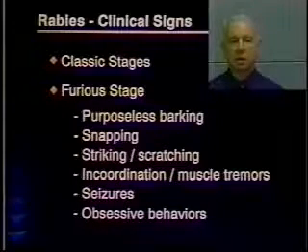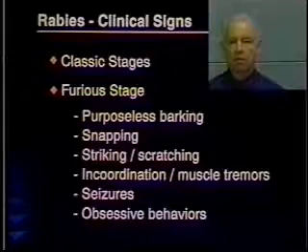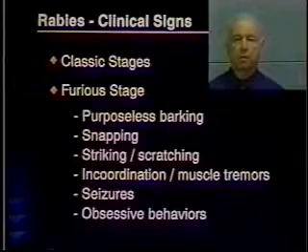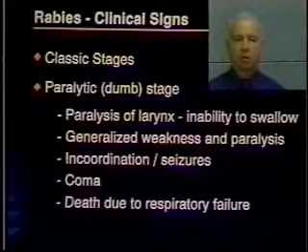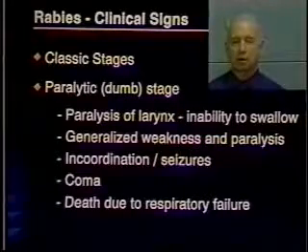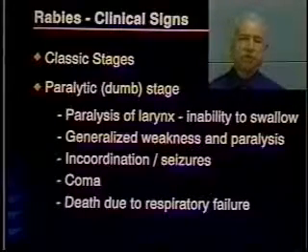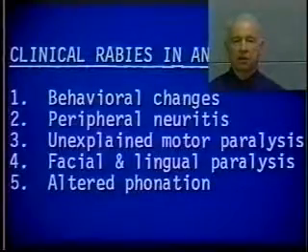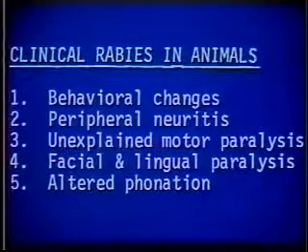have just described, and that is barking and snapping at stimuli, and then in the chronic form, there would be paralysis of the laryngeal muscles, weakness, incoordination, and subsequent death in both of these forms with respiratory failure. The percentage of furious or chronic forms of rabies varies from animal species to animal species, but may occur in almost any animal in which rabies occurs.